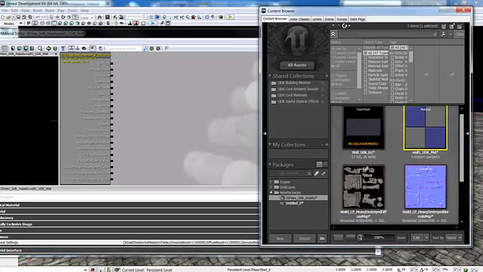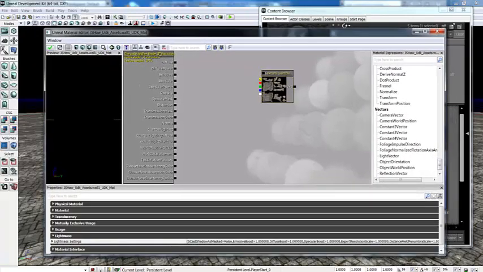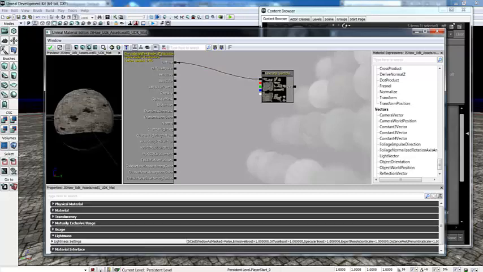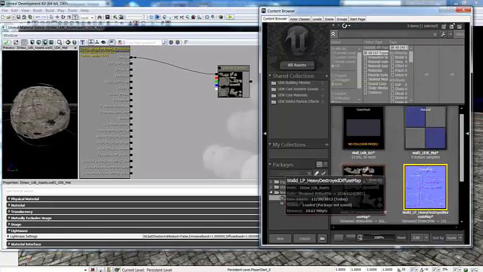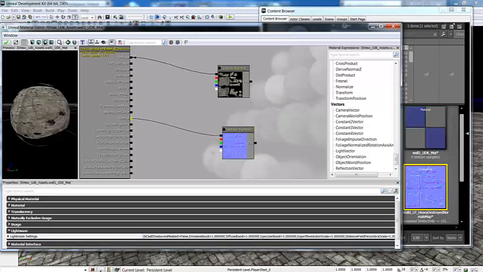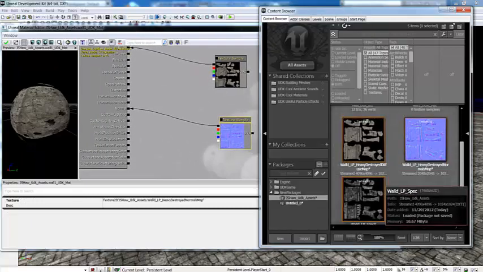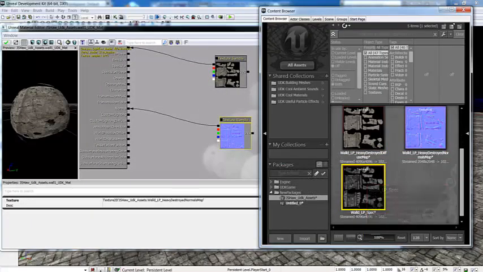But what I'm going to do is select my diffuse texture, hold down T, right click, and it'll drag that in. Now that I've got my diffuse, grab this black channel, plug it into my diffuse, and I can see it on this object here. Now I'm going to take my normal map, hold down T and click in the box, and add that to my normals. And now I'm going to take my specular, and you can just drag and drop them in,